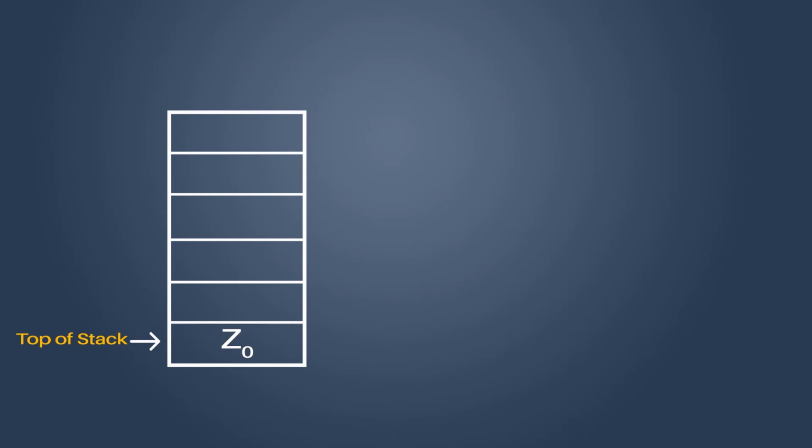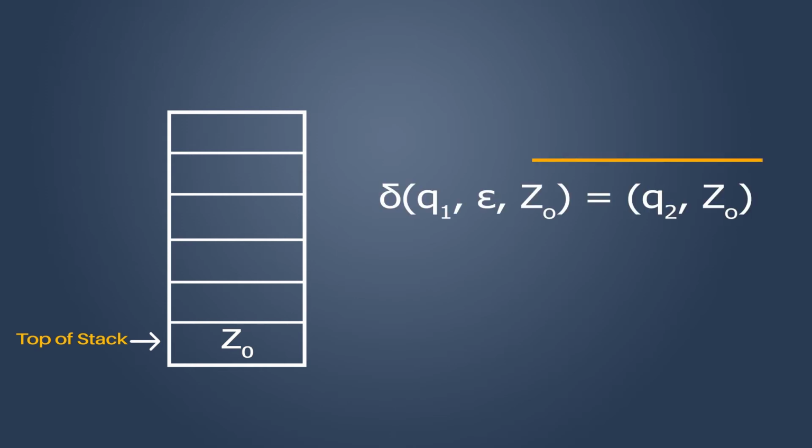The transition function that would help us in achieving this is this. We are on Q1 state. All the input symbols are over. And if I see the stack now, if I am able to see Z0, it means that there were equal number of A's and equal number of B's. So I will be making a transition to Q2 with Z0 as top of the stack.